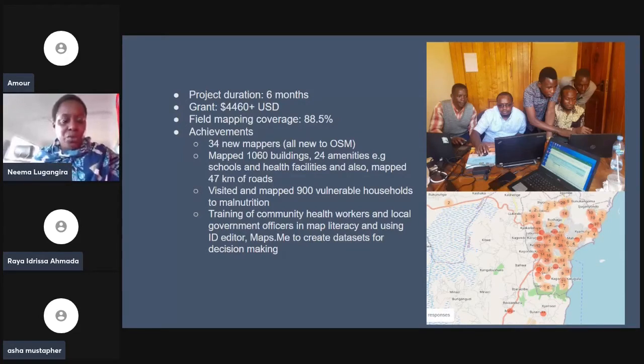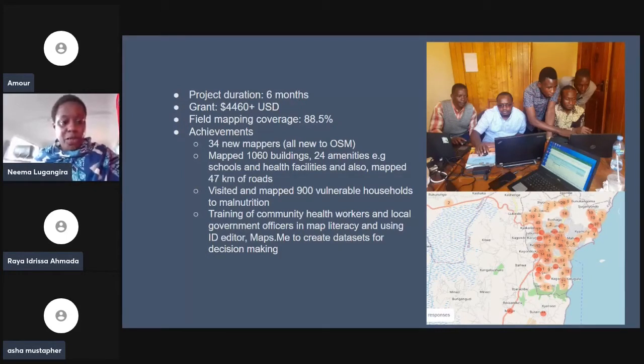It was a new item in our own internal team at Agri-Thamani, but also in order to make it sustainable, we realized that we needed to get the local government officials and the community health workers to also have an understanding of how to do data mapping and how they can also use it in their own work. So we trained 34 new mappers, but we've mapped in total 1,060 buildings, 24 schools and health centers, and also